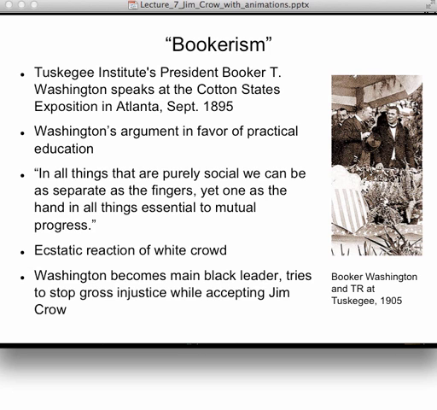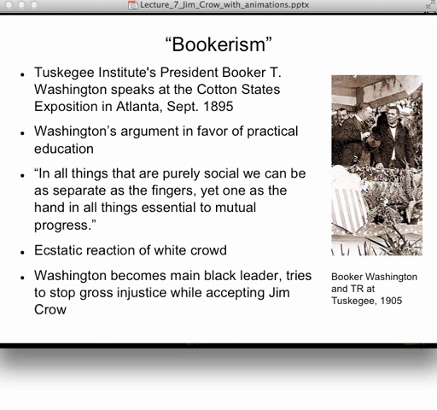Well, you can see why white people loved the message of Booker T. Washington, which became known as Bookerism. It seemed to support segregation and support the idea that blacks needed to at least start off in a very lowly way and not be too aggressive or too assertive. So after he finished the speech, historian David Blight describes the reaction in Atlanta, quote, "White women threw flowers and blacks wept in the aisles as the white dignitaries on the stage swarmed gleefully about the orator," end quote.